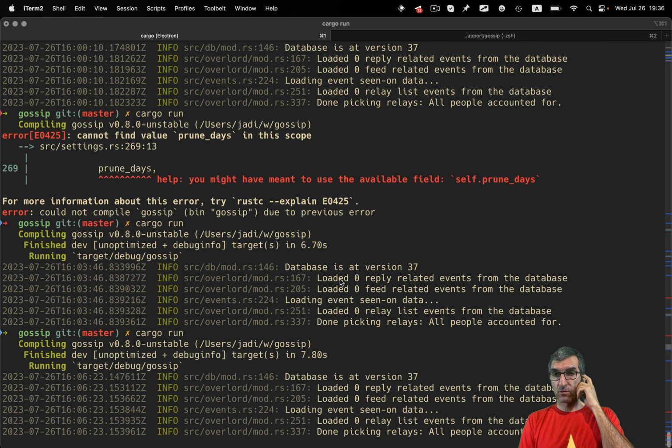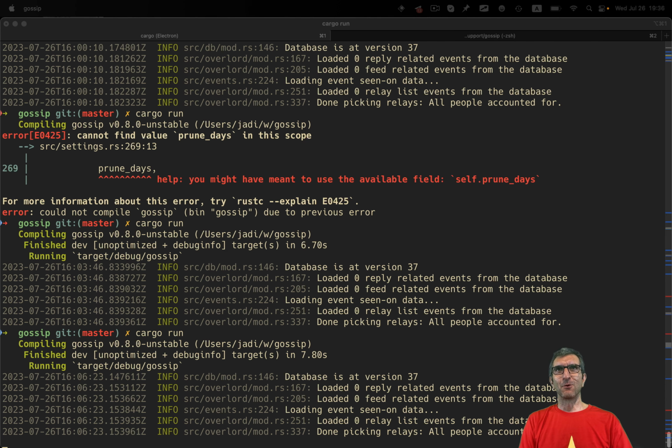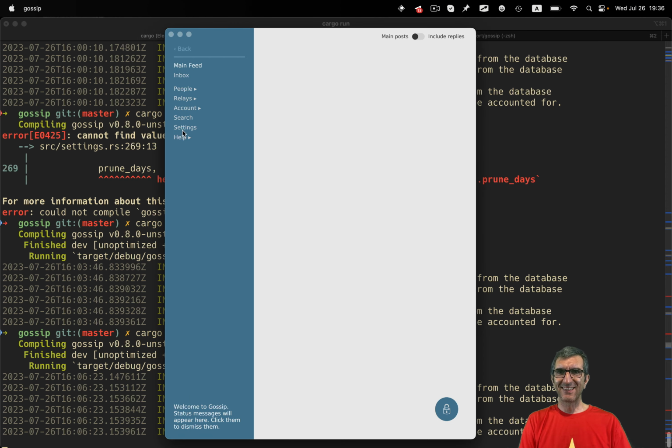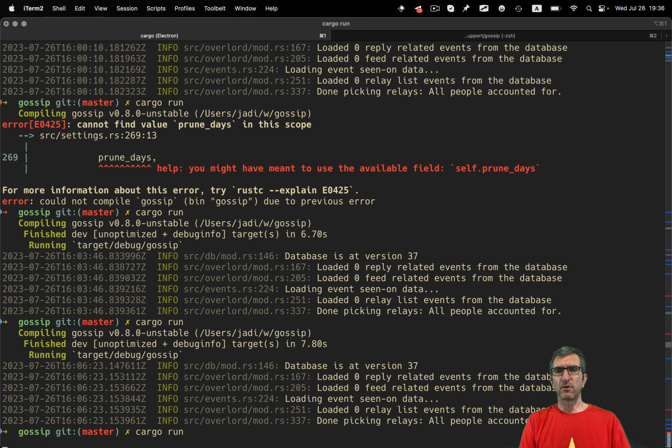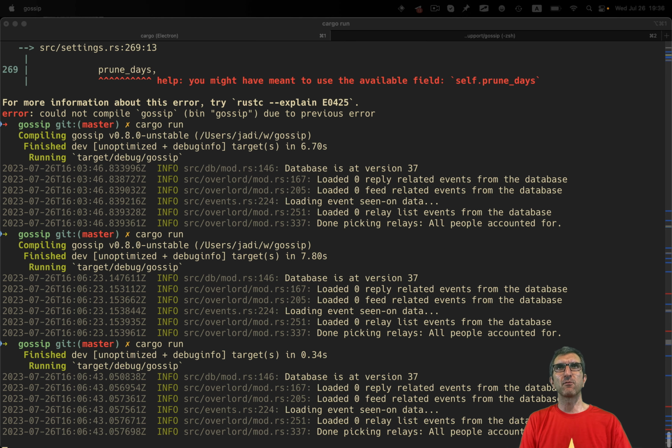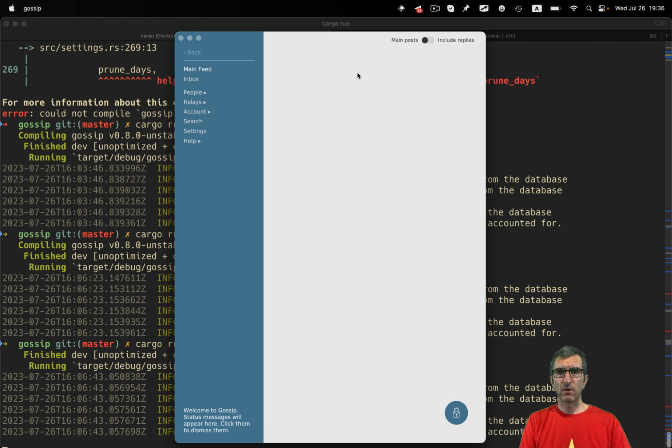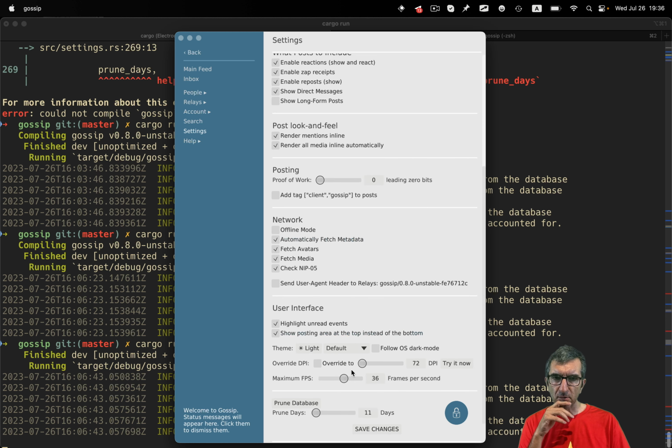The main problem was I was working on the master and I wanted to show you how to send clean pull requests. So now 55 days is loaded. I can prune. It goes okay. Prunes for this much. If I go with 11, it goes with 11. If I save it and return back, it should be on 11 and we can call this feature done. Okay, it's on 11. Nice.